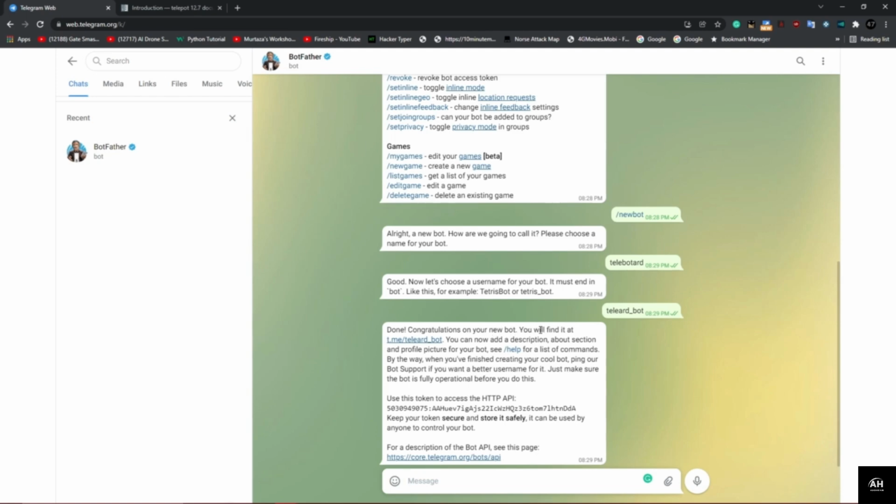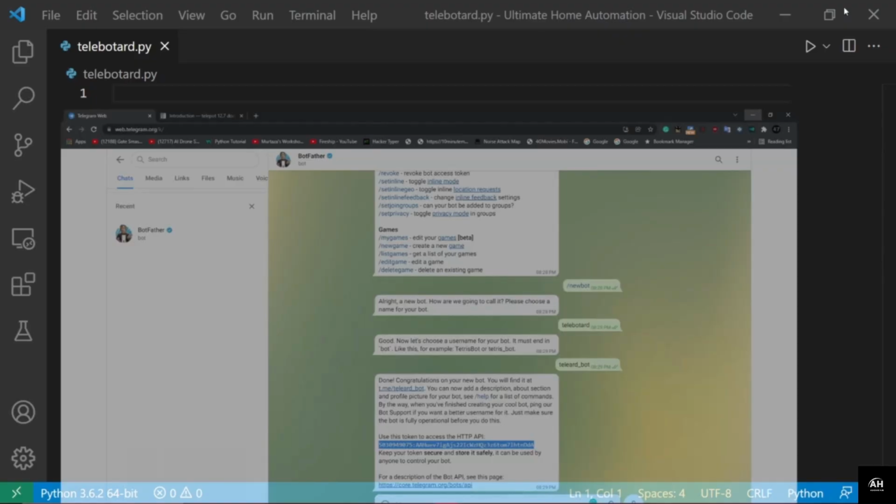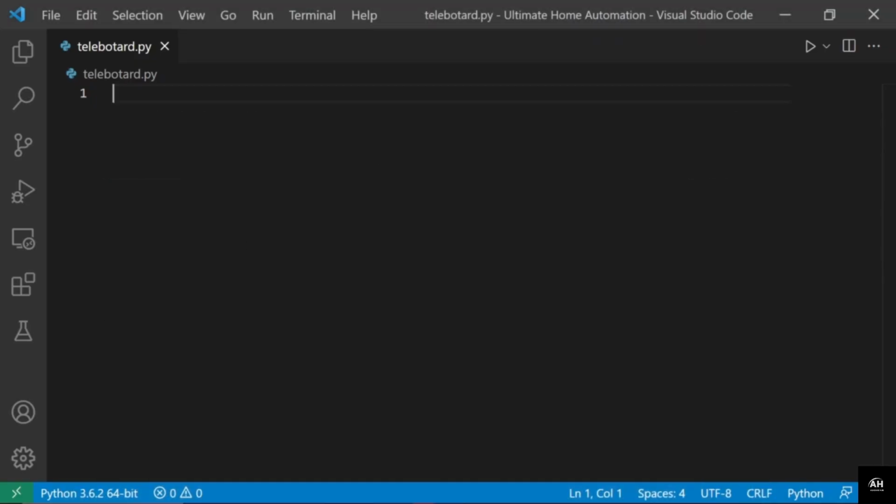Congratulations on your new bot. You will find it at, and this is the address where we can find our bot. And now we can add the description and the profile picture of our bot. So for now we will just use this token API and we will just copy it. It will be used in our Python code to control this bot for us. So once we are done with it, we will just minimize this thing, and in our Python code we will